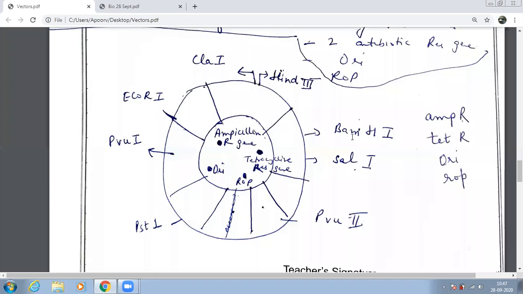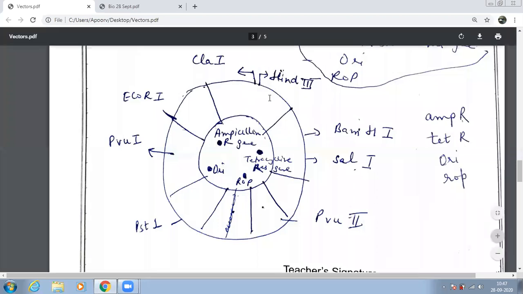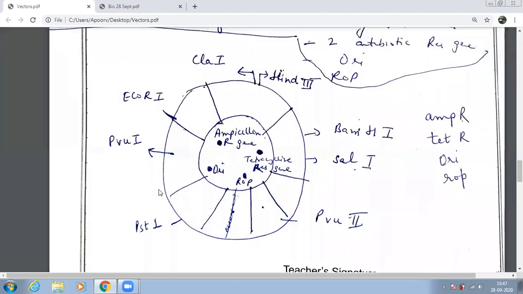And why did we not repeat any of them? Tell me why. Ma'am, if it got repeated, then the ORI site would get damaged. Because if we repeat it, the cutting will be done at 2 places. If I use HindIII at 3 places, the cutting will be at 3 places. Your markers may get destroyed, your ORI site may get destroyed. So we have taken better options.